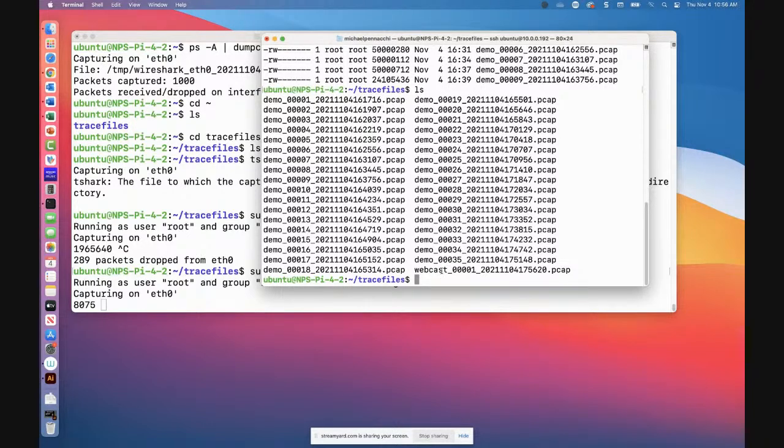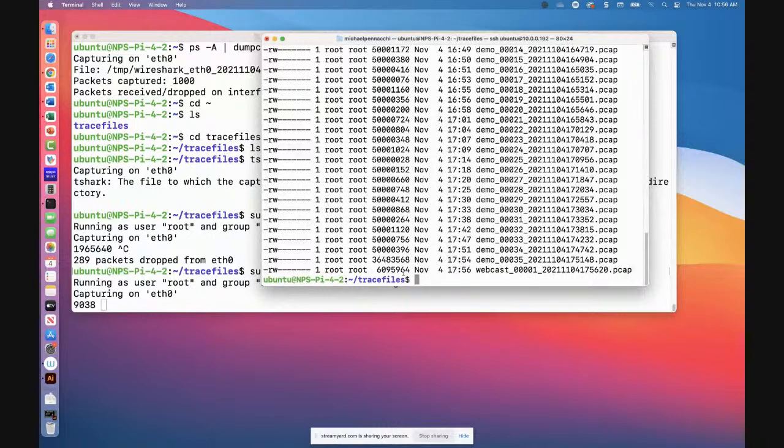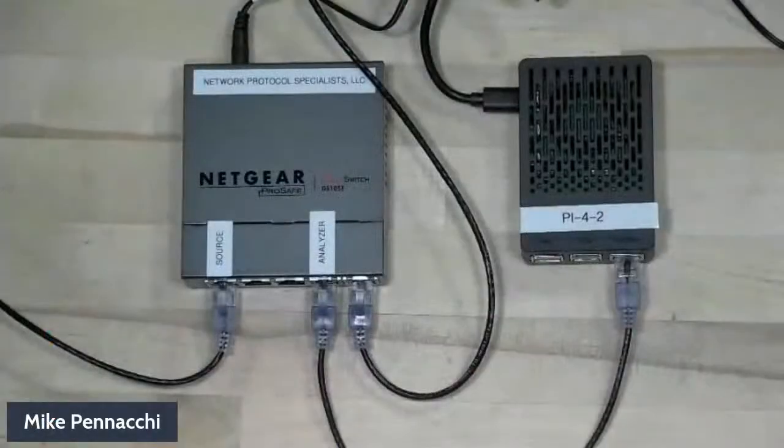So what's going to happen is every time webcast hits 50 meg, it's going to start a new file. Now, if we look at the timestamp on this file, we have 2021, we have 11:04, we have the time and the date. Now, the time is off on this machine. Apparently, it thinks it's closer to 5:56 p.m. But in this case, it shows me when each file started, and then I can see when the next started. So this is a great way to go in and capture over a long period of time.